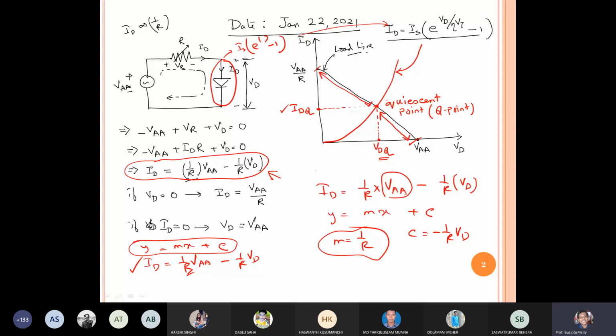Otherwise, if I provide any input with respect to this, there will be distortion. If the amplitude is increasing, some part can be clipped. We will learn how to clip those portions. That's why the Q point should be in almost the middle position of the load line. Then it will be in the stable region. It is a thumb rule. Okay, let's proceed.